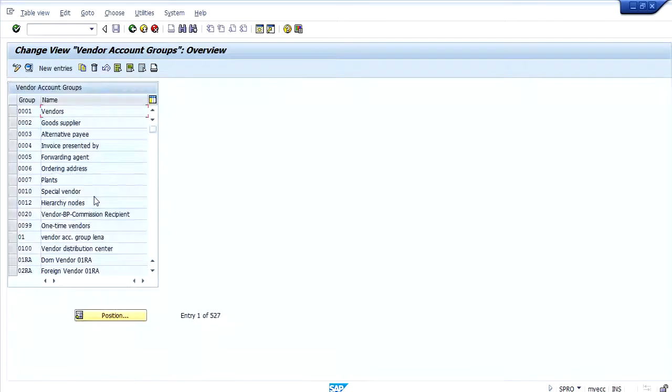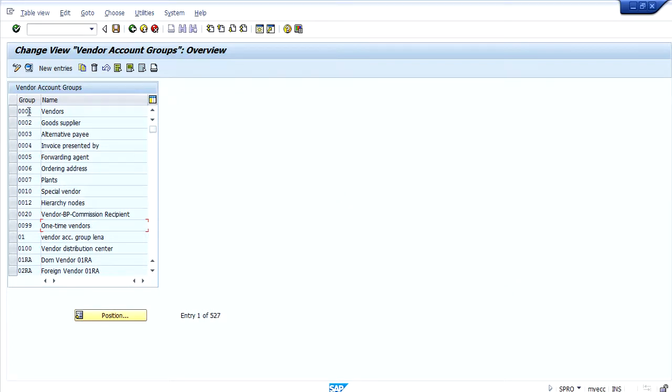account groups. So what is an account group? This account group will determine what exactly the type of vendor is, whether it is a regular vendor, which means 0001 here, or whether it is a forwarding agent, or if it is a plant as a vendor, or if it is a one-time vendor wherein business wants a material in an urgency, because of which they will approach a vendor for a short-term business deal in order to fulfill the requirement instantly. In that case, one-time vendor will be useful.